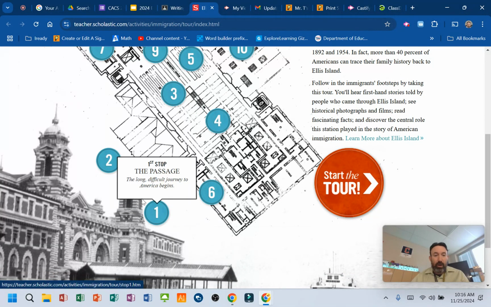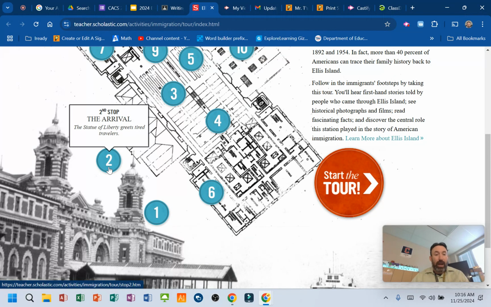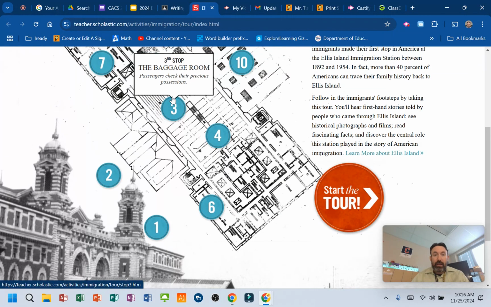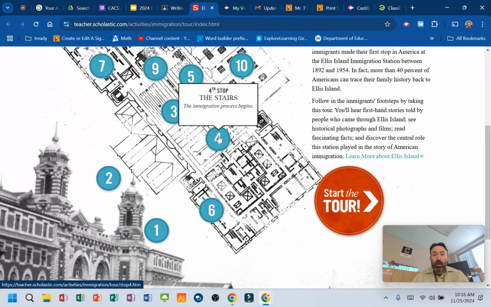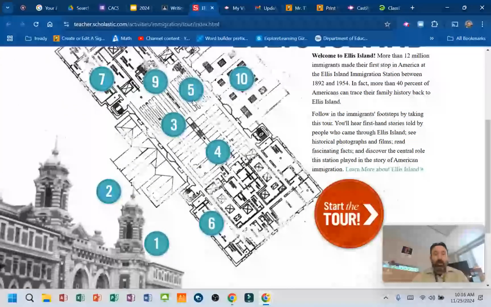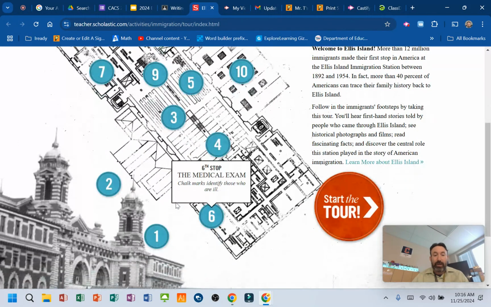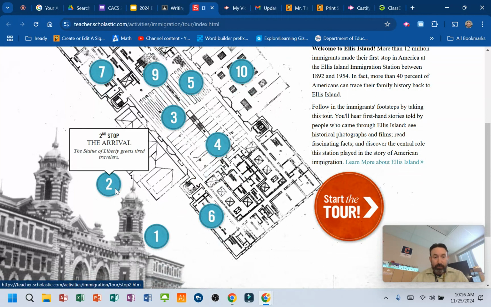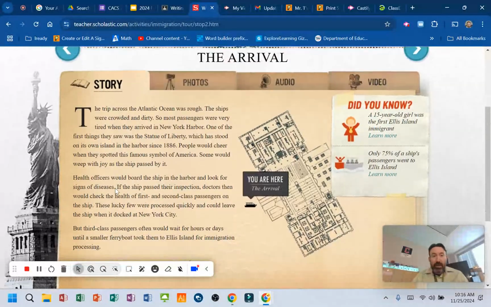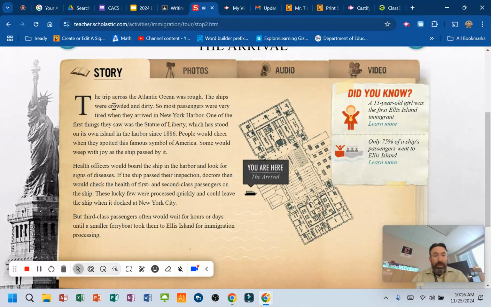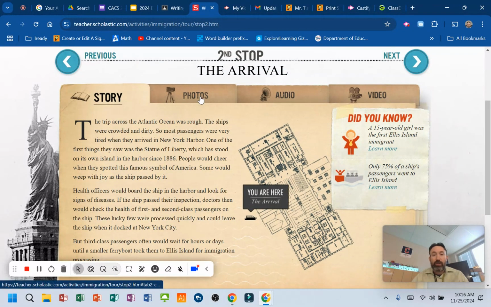So here's stop one, the passage. That's them getting on a boat and traveling over here. Stop two, the arrival. Stop three, baggage room. Four, the stairs. All right, it walks you through. It takes you through all the different things you needed to do in Ellis Island. And so, if you click on the arrival, you can read about what that part of it was like. There's a short paragraph, but then it also shows you